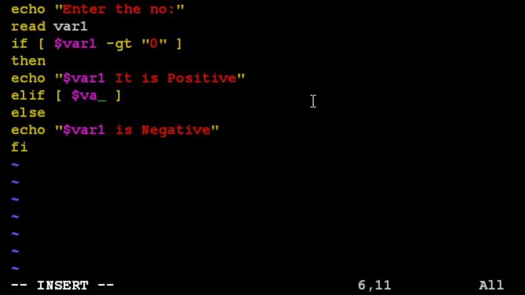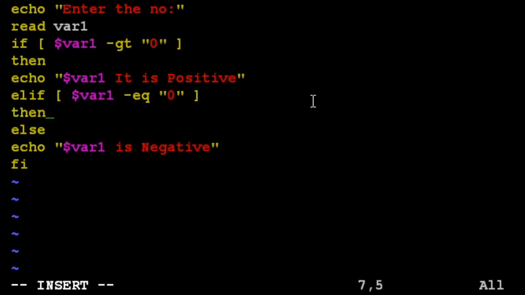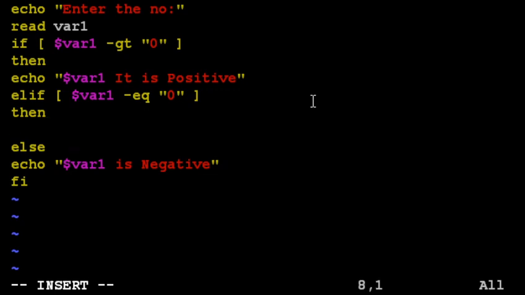So $var1 equal to, in double quote, 0, and then if this is so, here also you have to write then statement. If this is so, echo $var1 is 0, suppose.